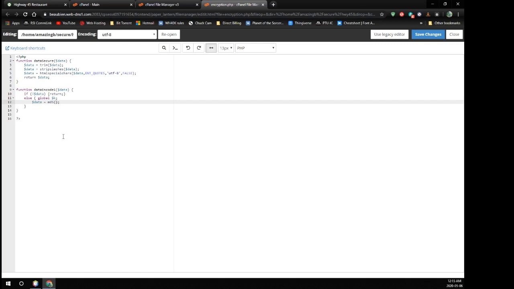The next is crypt and parentheses, and then in that sha1 and parentheses. And then within those, $data. Now, but go one space over and go comma $k. So that's where our k comes into it. So basically,